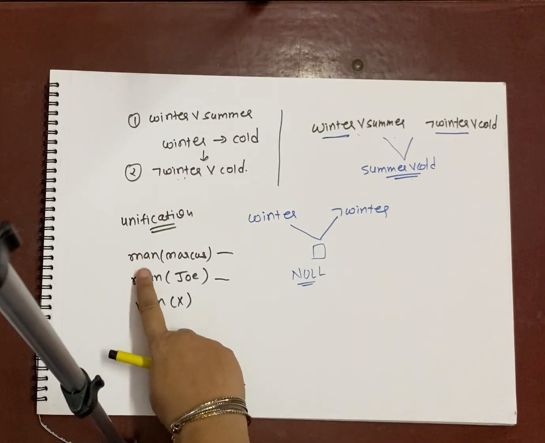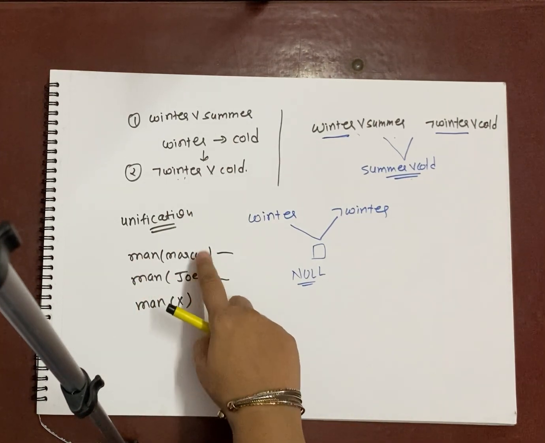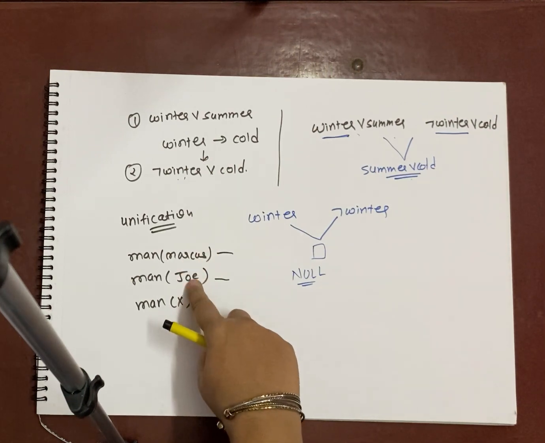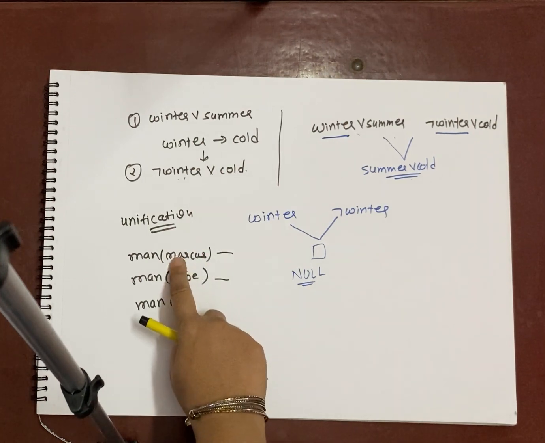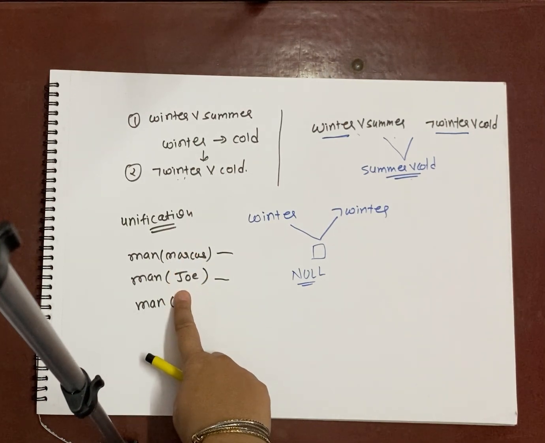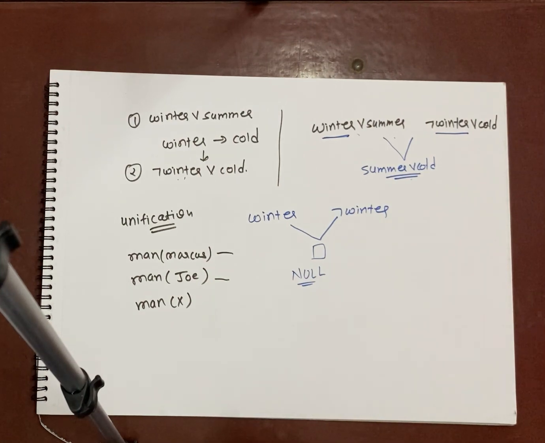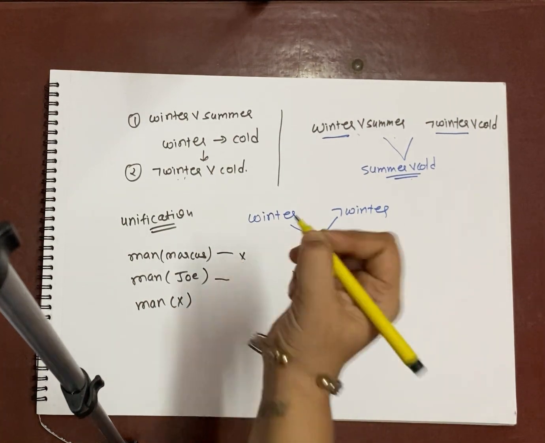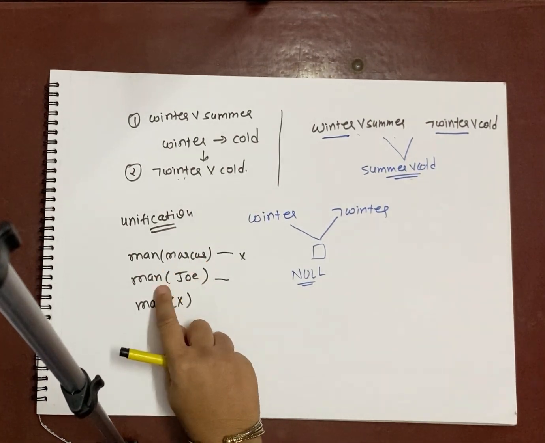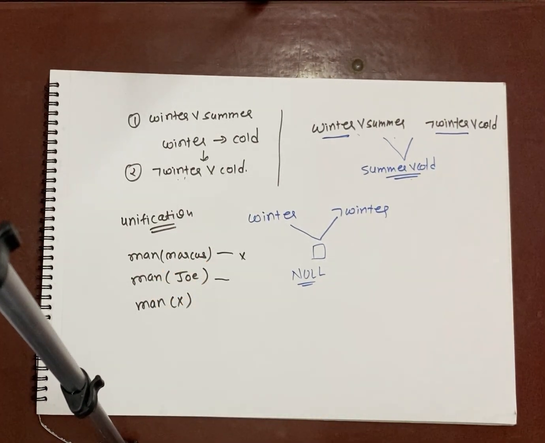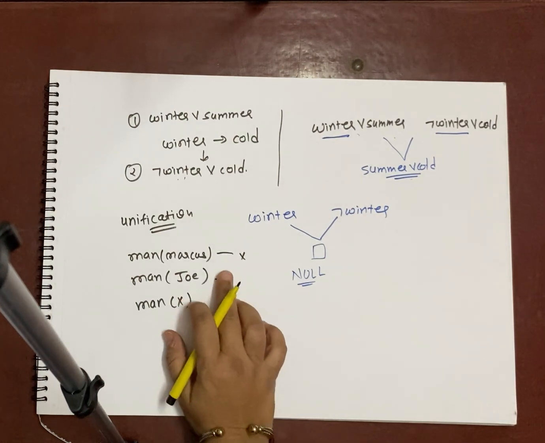Both have the same predicate name, that is true. But if you observe the argument you are passing, it is an atom, a fixed value, not a variable. Here you are saying Marcus is a man and here you are saying Joe is a man. So both are different facts and cannot be considered the same fact at any level. Hence both cannot be unified. Unification means proving both are the same, possibly the same.